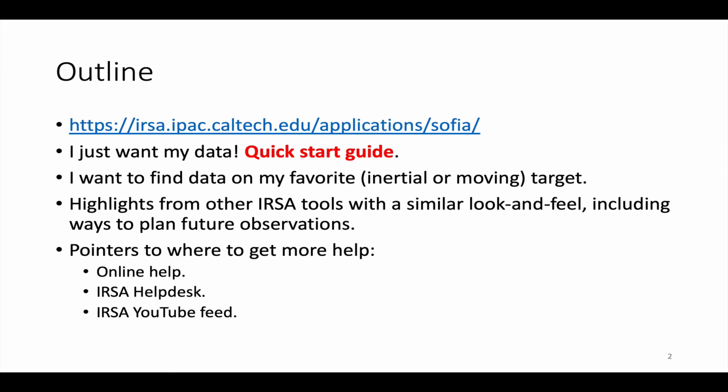Then I'll go through more slowly and talk more about how to find specific data on any given either inertial target, in other words, something you can specify with an RA and DEC, or a moving target, in other words, something with an orbit. I'll also show you some highlights from other IRSA tools that have a similar look and feel to the SOFIA Science Archive, and a little highlights of how you can use these IRSA tools to help